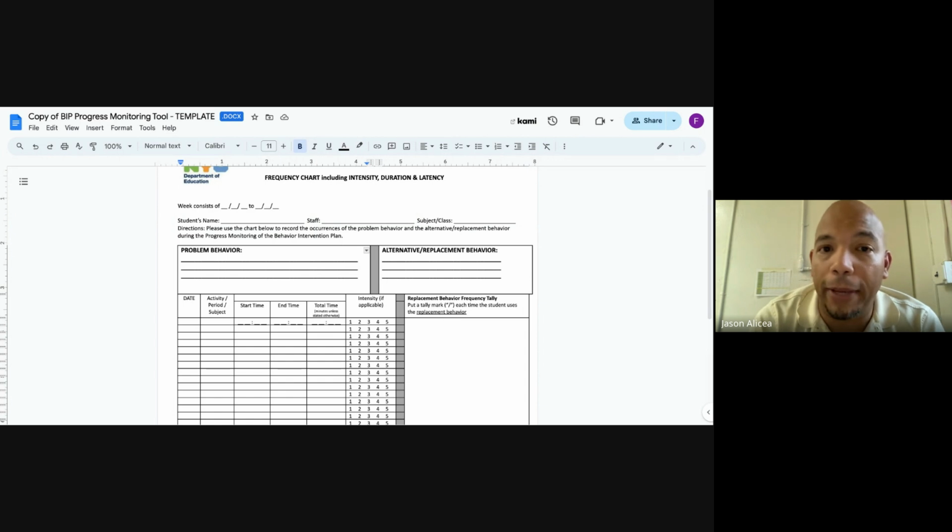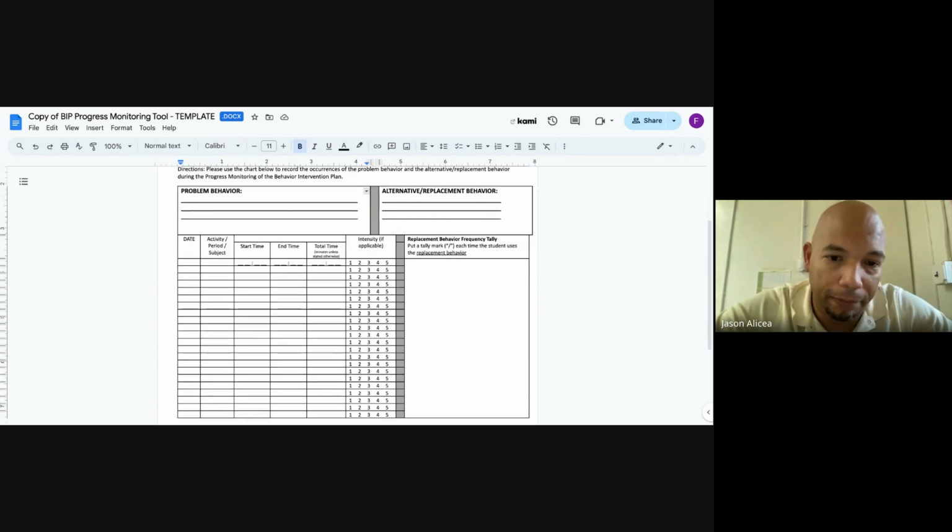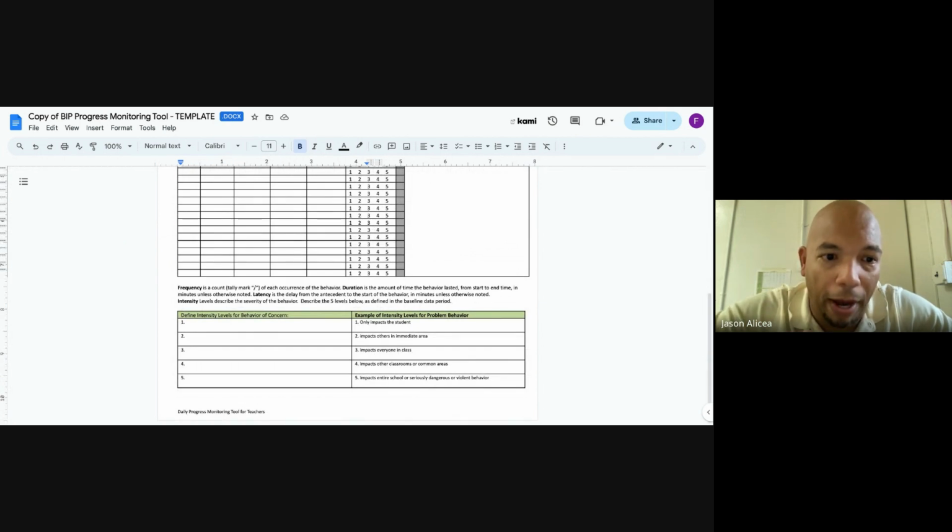Below where it says problem behavior, this is going to be pre-populated for you. This is where the behavior of concern is listed, and it might be listed along with 5 intensity levels. It might not. It might just be aggressive behavior, physical aggression, or escaping behaviors. That's going to be pre-populated for you to see. Since we're talking about behaviors, Hoppy, can you scroll to the bottom? Down here on the bottom left, you see a blank numbers 1 through 5.